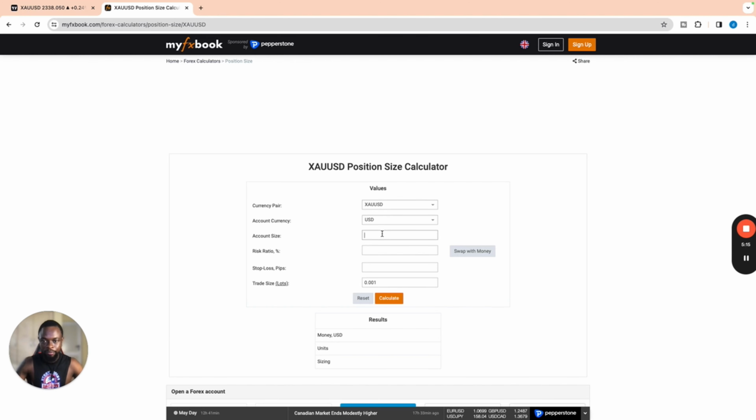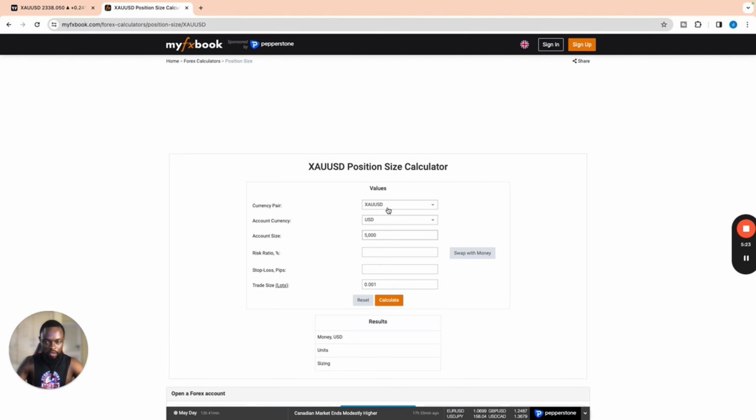So here now, let's say you have an account of $5,000, right? And your risk ratio depends on how much you want to lose, the percentage of this 5,000. So you have a $5,000 account, and let's say you want to use 5% of the $5,000 to trade. What is the 5% of $5,000 going to give you? $250, right? So when you have a stop loss of 25 pips,